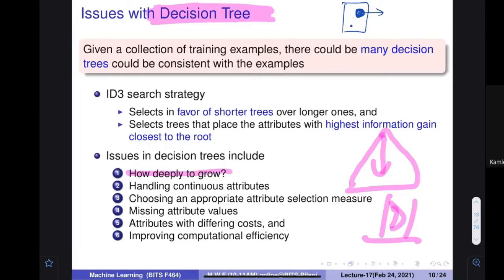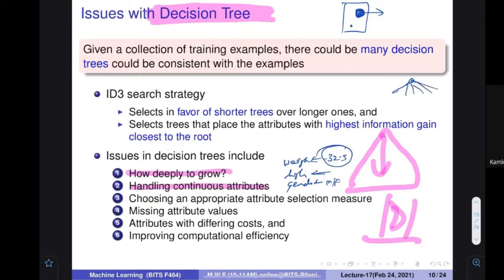Also, we have seen that the setting we are in right now uses only discrete values for attributes. What if there is a continuous value, for example an attribute such as weight, which can be any value? Height, okay. Gender is another thing: male or female. But height or weight can have any value, such as 32.5 kg. Then how can you utilize this for the decision tree? Because in a decision tree, at every node you have to test, and then create multiple branches. How to go ahead with this? Again, a good question.